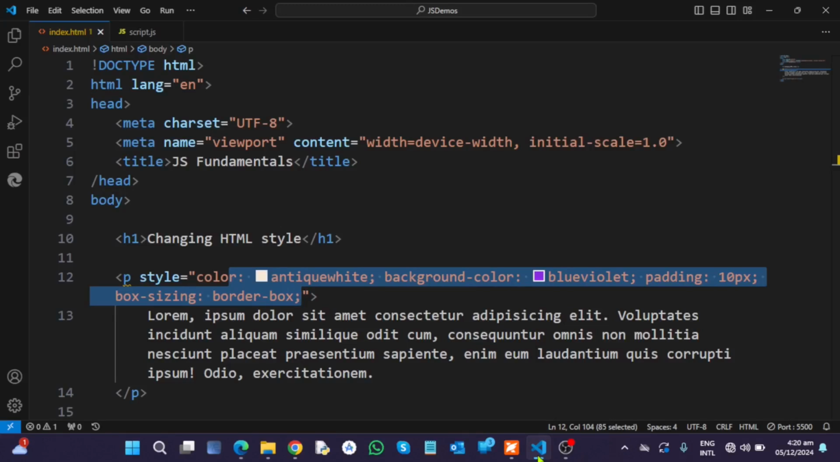In this tutorial, I am going to show you how to change HTML style using JavaScript. Remember that the prerequisite for this JavaScript tutorial is that you must already know how to use CSS and HTML. So, having said that,